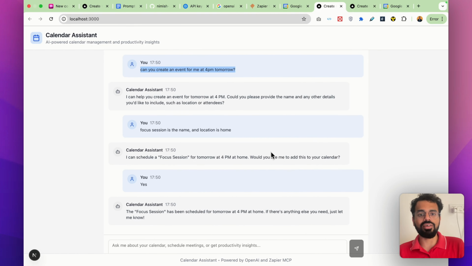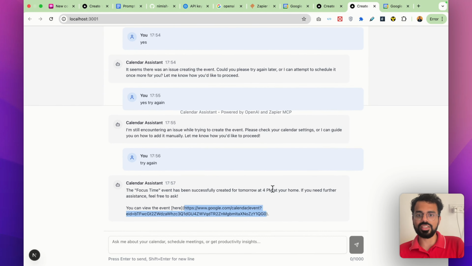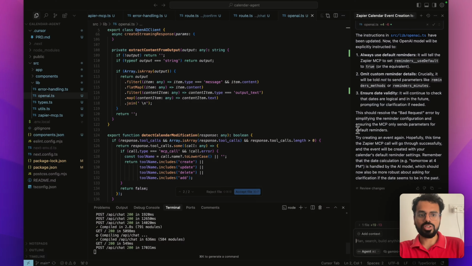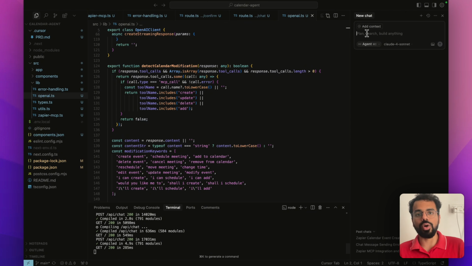Finally, I will improve the UI of this chatbot, because if I scroll and go beyond a certain limit, this is a line that comes in between. So I will just go back to Cursor, open up a new chat, and select Claude Sonnet 4 over here. It's very good for improving the UI of your app. And I will quickly mention, let's improve the UI of our app, the home page. And I will mention all the issues that I see right now.